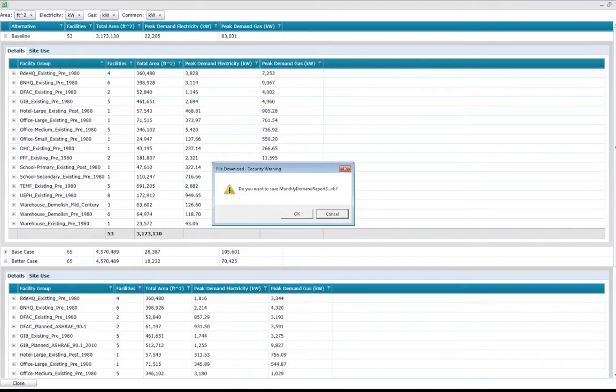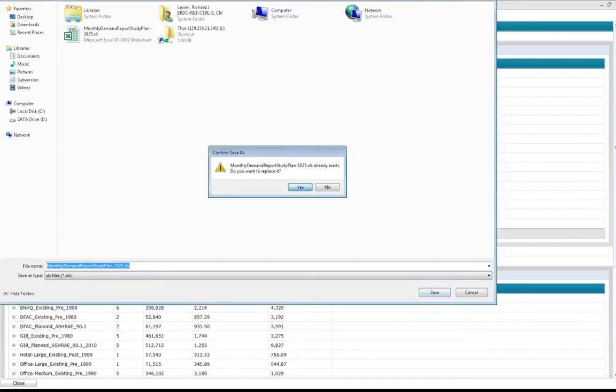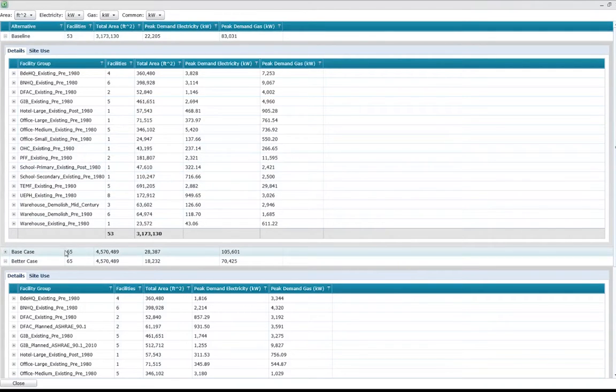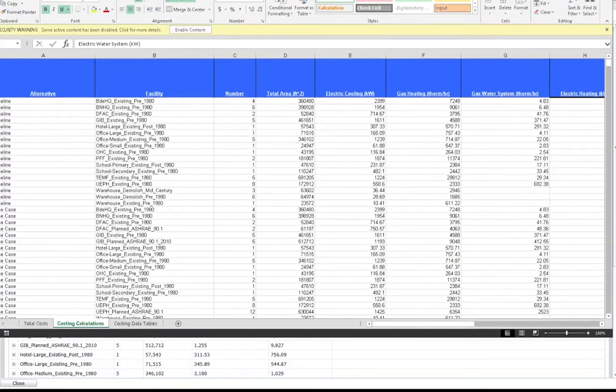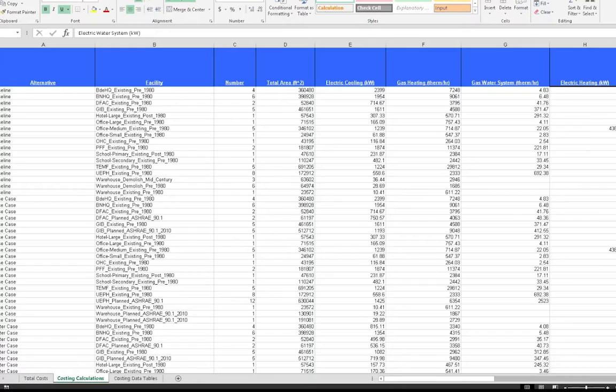But now he talked about having that helper spreadsheet. So that helper spreadsheet is now available, and if you remember from previous classes, in that helper spreadsheet there's the summary of the areas, and these are, I'm pretty sure, I think this label is wrong, so I'm pretty sure that's kilowatts and not therms